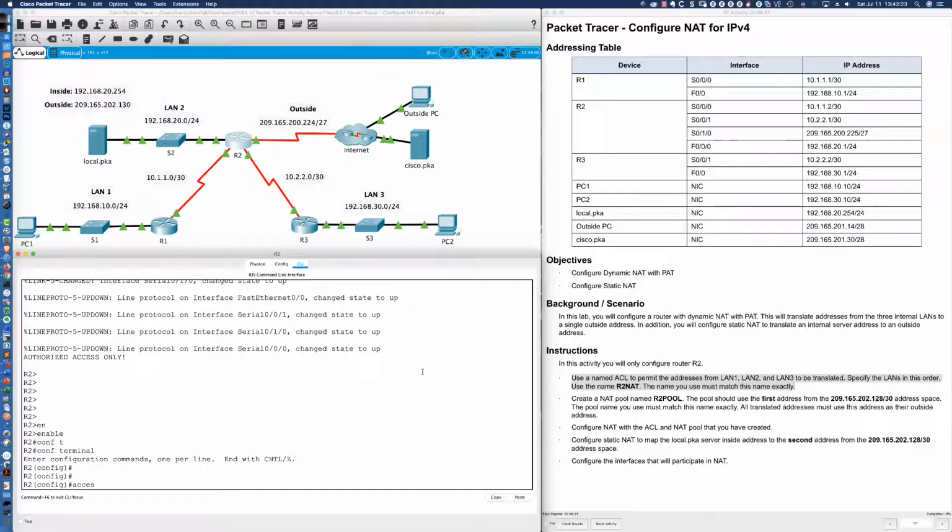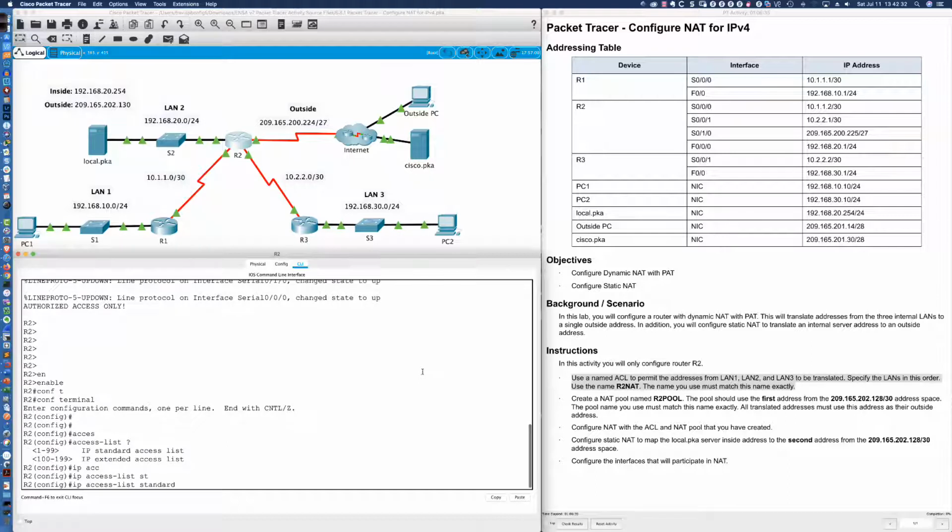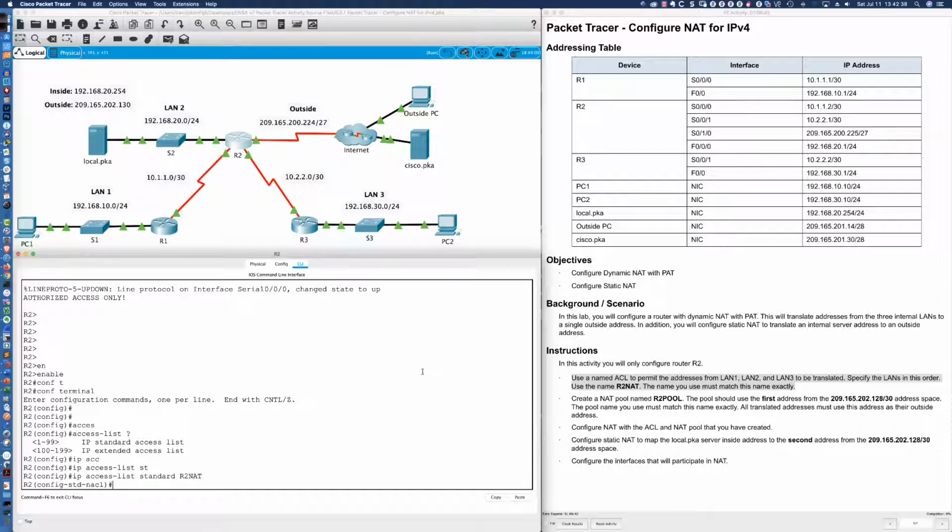So I cannot say access list because I can't put a name in here, right? I have to say IP access list. And then I would say standard, and we're going to give it a name. It's going to be R2 NAT. And again, that has to match, or else we're not going to get credit for this access control list. So what are we doing? Well, we're going to permit LAN 1, and they've made it easy for us here, right? It's going to be